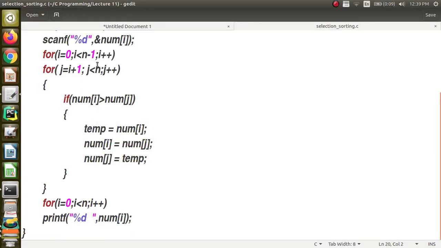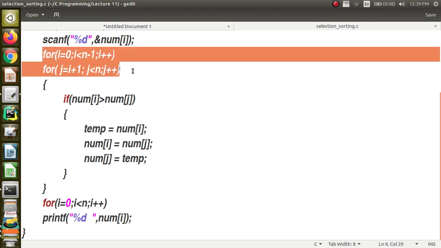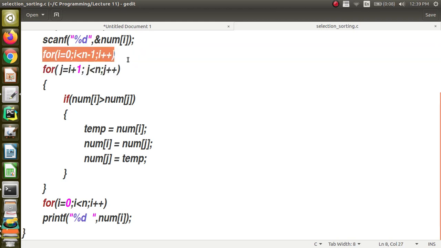When we are writing the loop, we need to have an understanding of what we are doing, the process of the entire sorting process. Understanding of the entire sorting process is very important. How many iterations? We should have this understanding. This loop is for representing the number of iterations, how many times I should repeat, and this loop is for what I should do in each iteration. That kind of understanding is very, very important. Thank you.